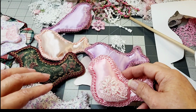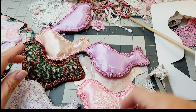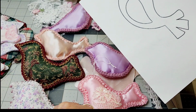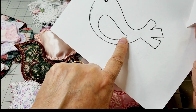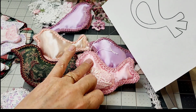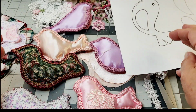So this wing, I chose to put lace on it, which a lot of people like. Now, the most important thing about the wing is that you want to shape it, the shape of your wing, you want it to be bigger here and smaller here. Okay, you see that? So that's what I chose. I chose that was bigger here, and I put the smaller part on this one. So what I did is I'm going to show you,